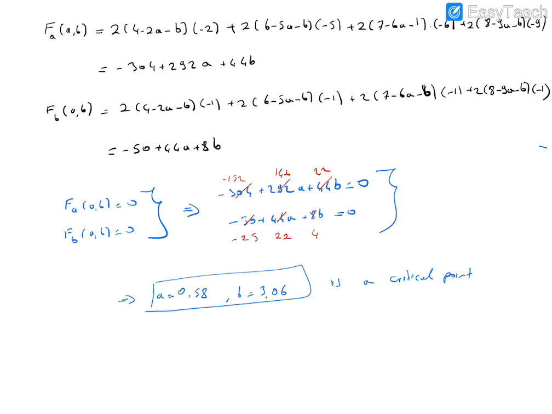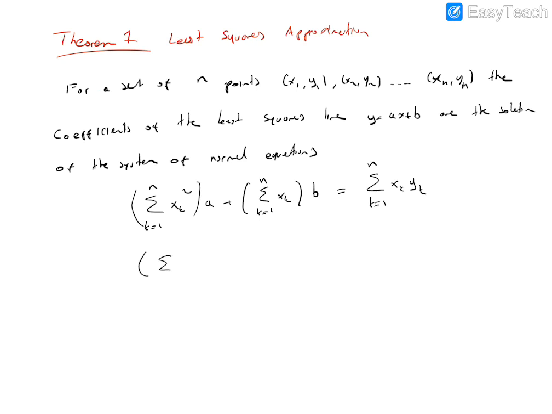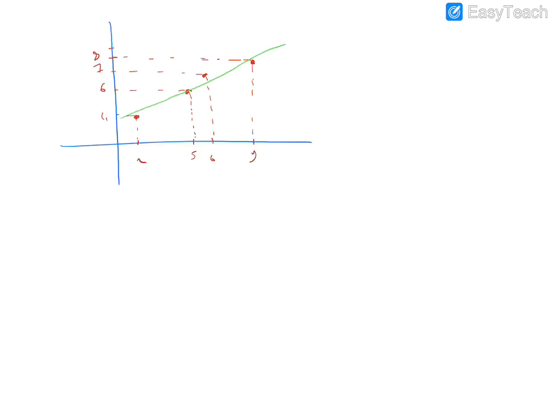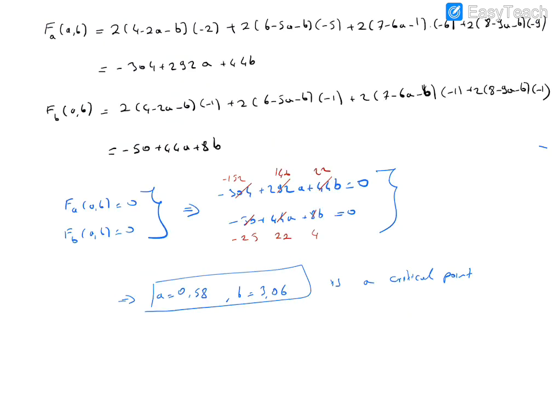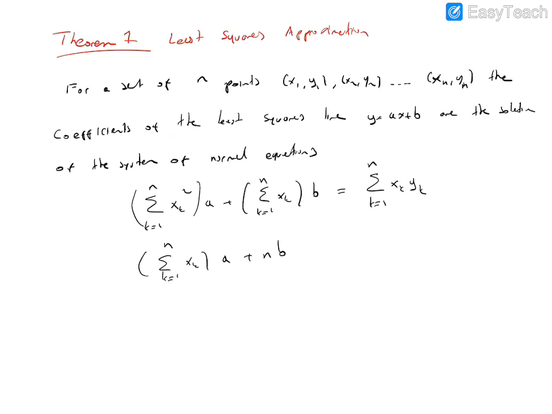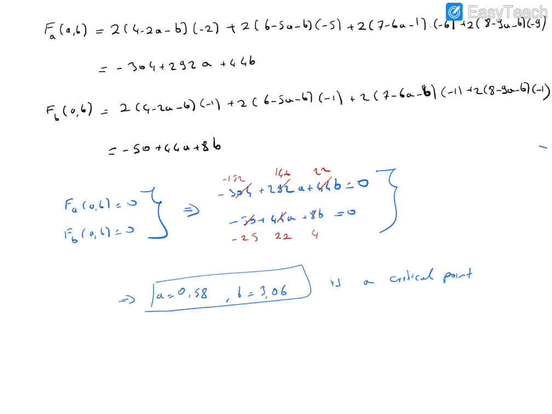And this will be, let's write, the summation from 1 to n of xk times a. Actually, these are the same, 44, okay, plus n times b. Always we have n times b here because of the ones, okay. We have 4 or 5 values in this data, I don't remember. Not 8 values. This is the 4 values, okay, and b, which equals the summation from 1 to n of yk, okay. So don't look to these steps, please look to that one.